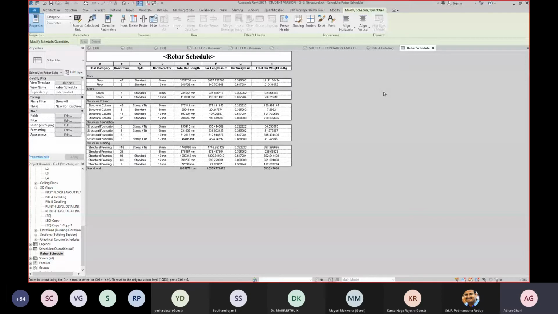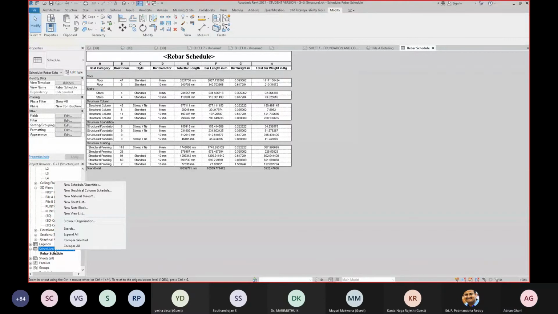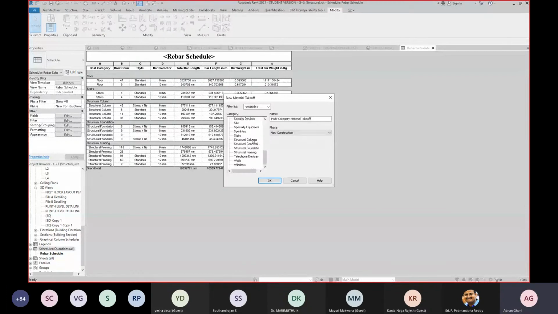Let's say create a quantity takeoff for column. So I'll go into schedule and quantities. I'll create a new material takeoff. I'll select structural column over here and I will click on OK.